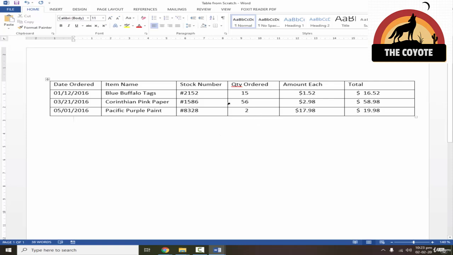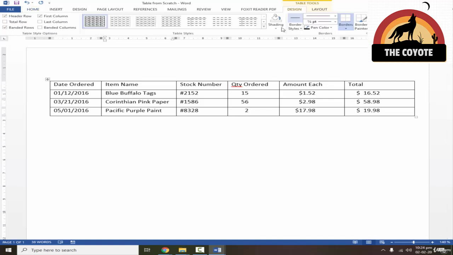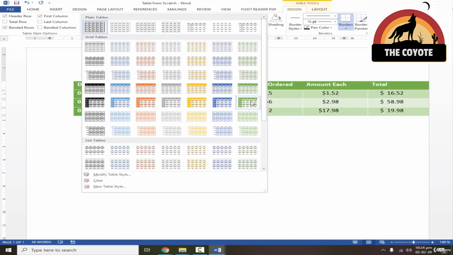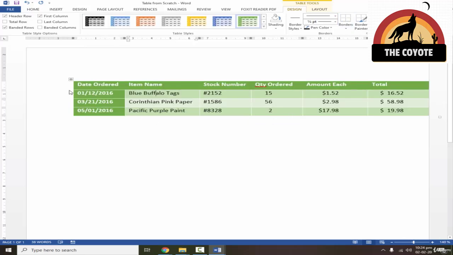Just remember one thing: when you click on the table, you will immediately see these two tabs. Now, if you are outside of the table, let's click here, these options will disappear. So you must ensure that you are in any field of the table, within the table. Now, if I want to design this table, I'll click on Design and you can browse with More and select any format you want. Let's say I select this one. This is exactly what we required.